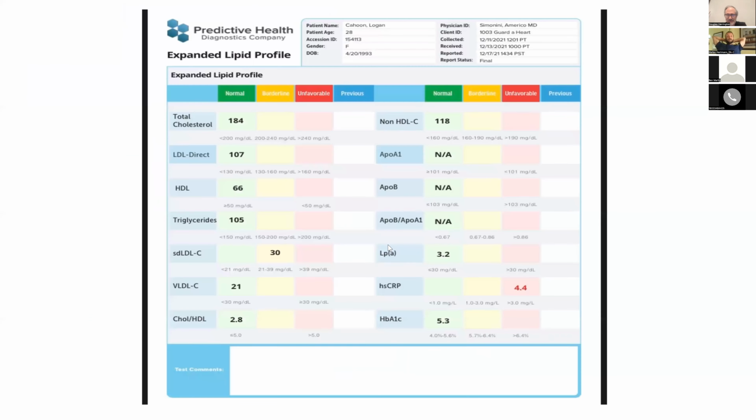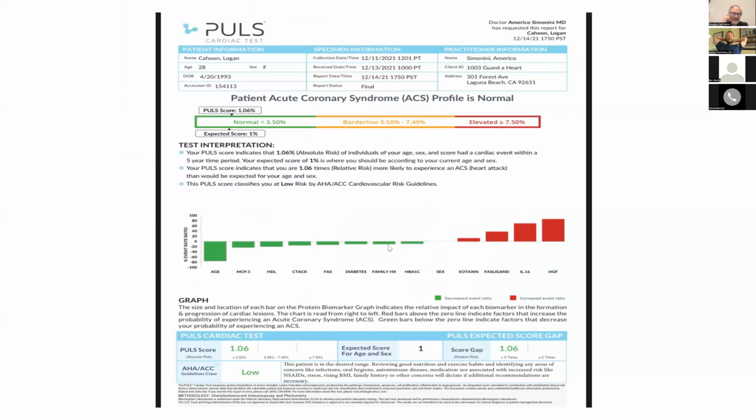I think I put hers up there. She got it around the same time that I did. She was basically eating the same thing. We're out in Vegas at the conference, probably having some alcohol, probably having some Italian pastas and stuff we normally don't do. Let's see what her